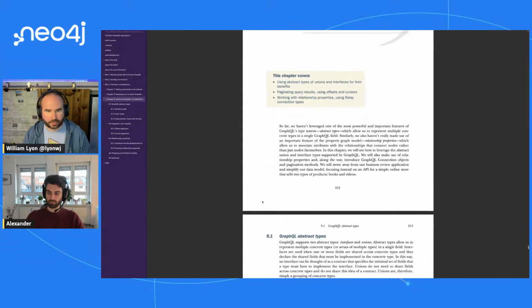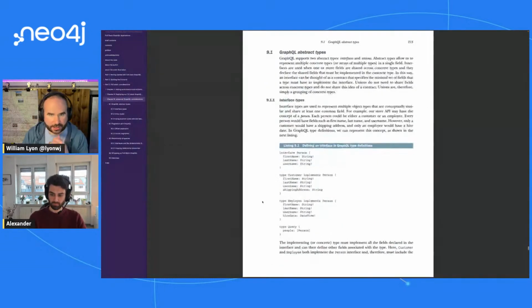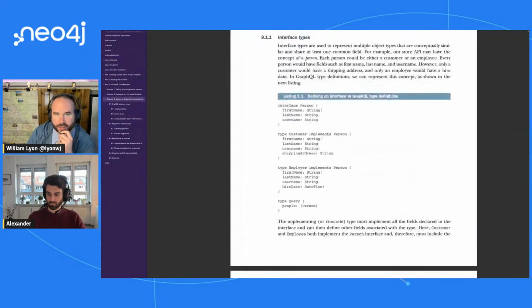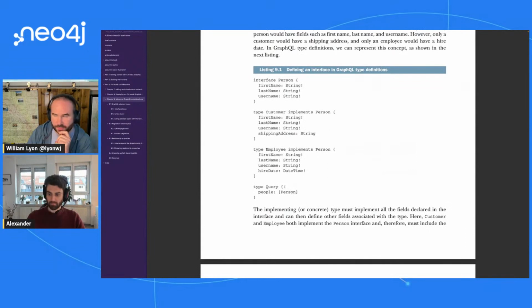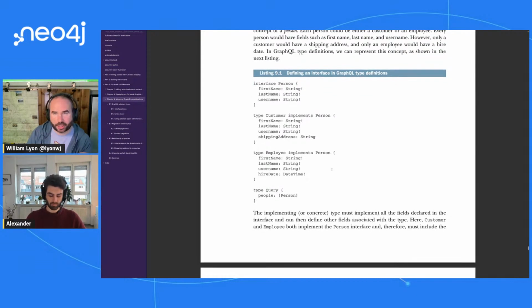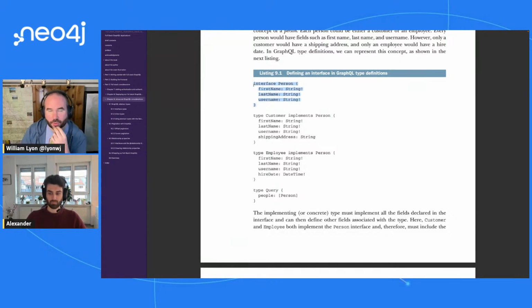So jumping into abstract types here, the first one we're going to talk about is the interface. We said that abstract types allow us to represent more than one concrete type. The first one we're looking at is the interface. The interface allows us to define some required fields that the concrete type must implement. And the example we're using here is